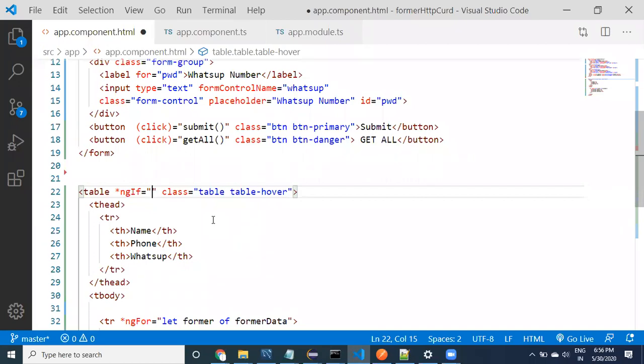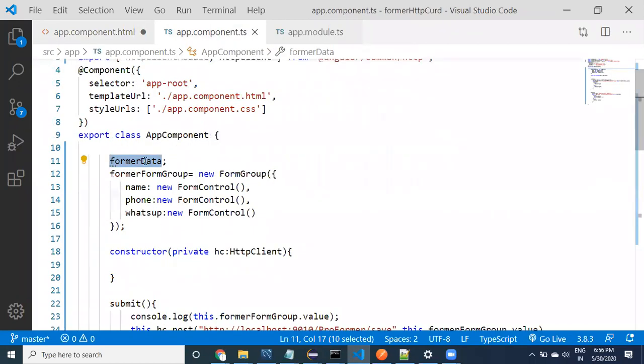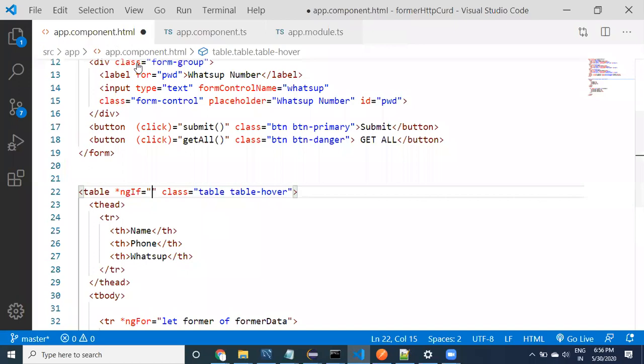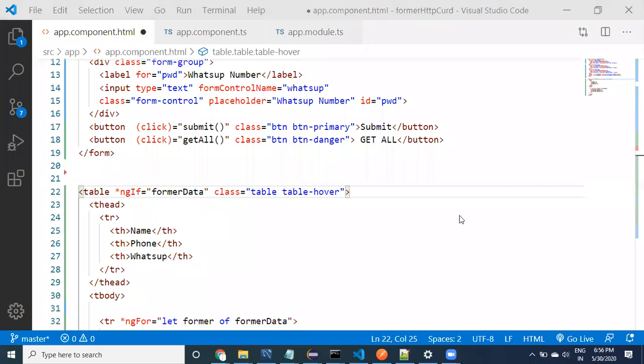Whenever you say star ngIf, okay, what do you need to do, guys? If the data, what is the data? Okay, this form data. So if the form data, yeah, actually you may take the condition here. Even you don't need to take the condition also. No, not farmer.